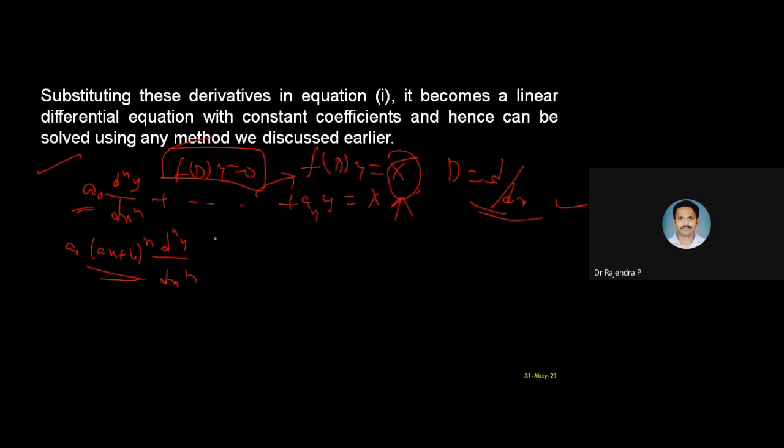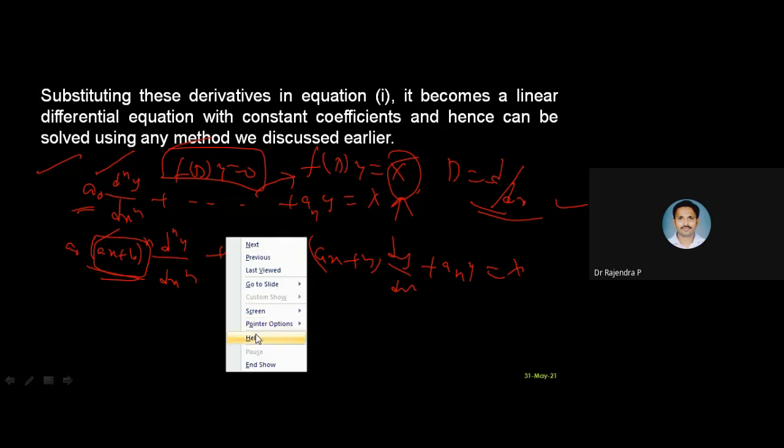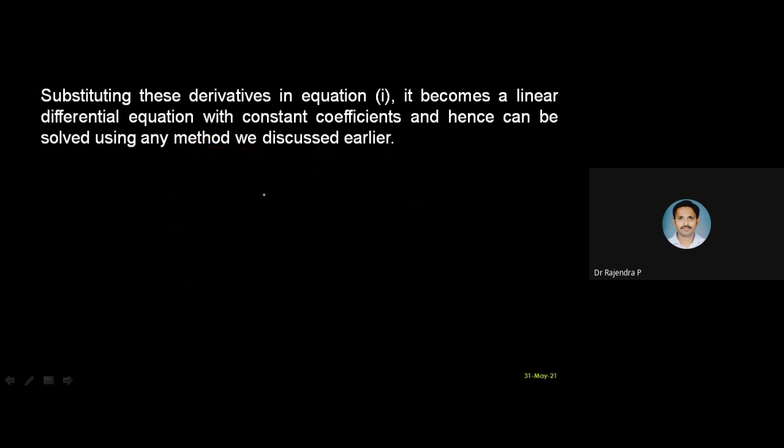We observed that, yes, we can continue like this up to ax plus b into dy by dx plus an into y. Here also, if you have some constant, we will get it. So with the standard form, if we have constants, we are able to easily handle that. When you have variable coefficient, something like ax plus b form, how can we handle those problems? That is an important topic now.